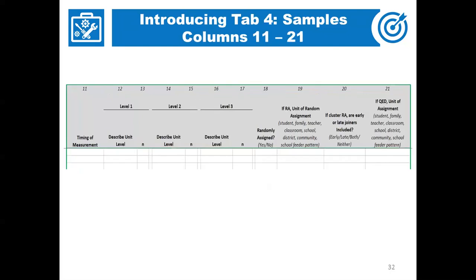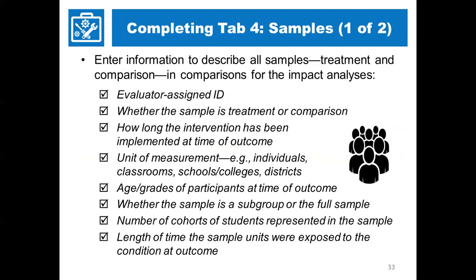So when we look at the list of information, you can see that, as I said, you're going to indicate whether the sample is a treatment or comparison sample, how long the intervention has been implemented at the time of the outcome, the unit of measurement, the age and grade of participants, whether you're talking about a subgroup like only the high-achieving students or the low-achieving students or only the first-time college kids who are in the college for the first time versus including both transfers and returning students, or the full sample of students, the number of cohorts that are being included in the sample, the length of time they had